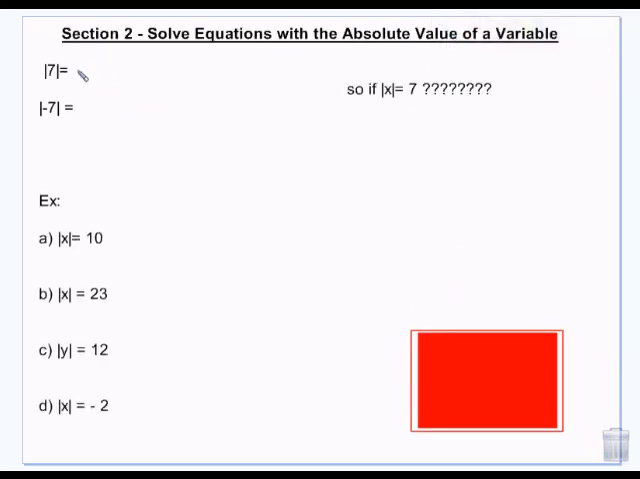So we just talked about absolute value, right? So the absolute value of 7 is 7, and the absolute value of -7 is 7. So if the absolute value of x equals 7, what does that mean? I don't know which one of these that is, right? Because it could be 7 equals 7, or -7 equals 7. So when this happens, both answers